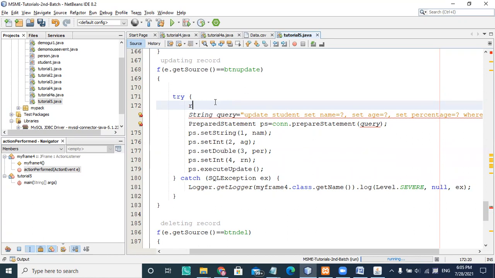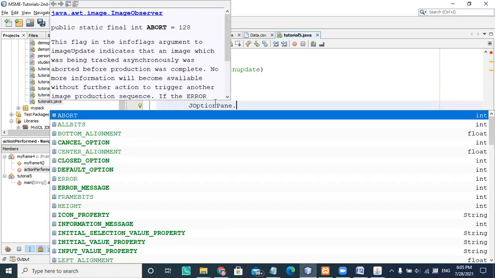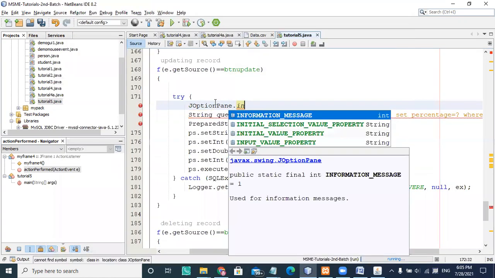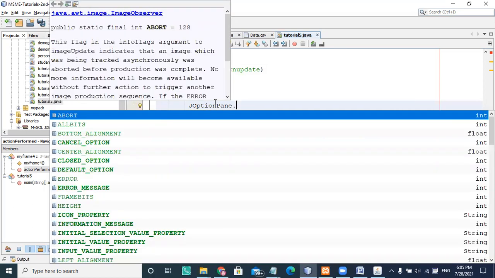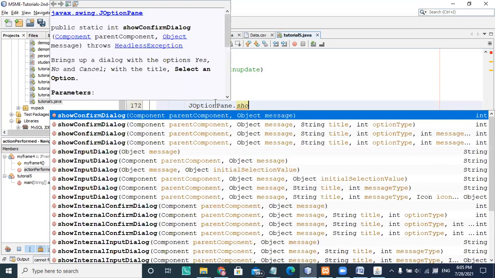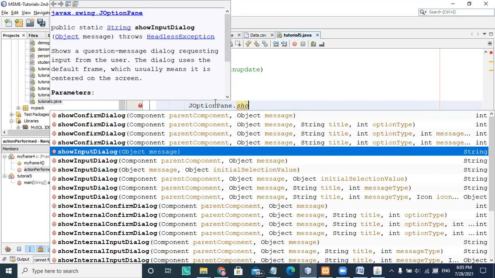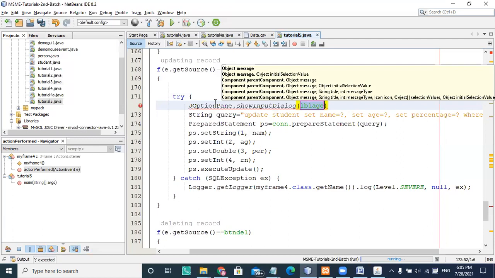So there is JOptionPane again. There is a confirm dialog and an input dialog box. If you see showInputDialog, it is always taking the value in a string format. So I'm taking "enter the roll number" for updating the record.